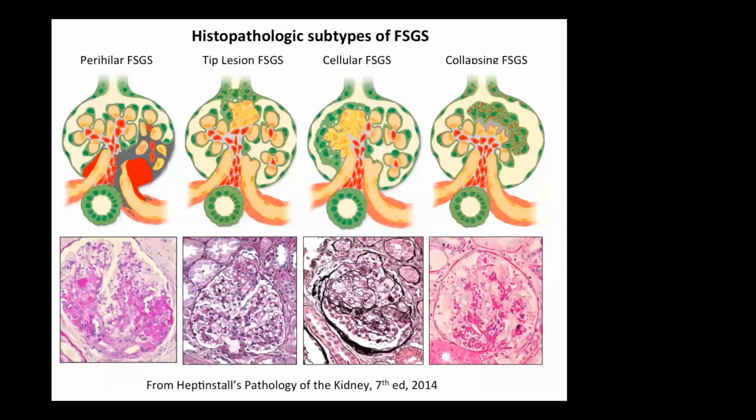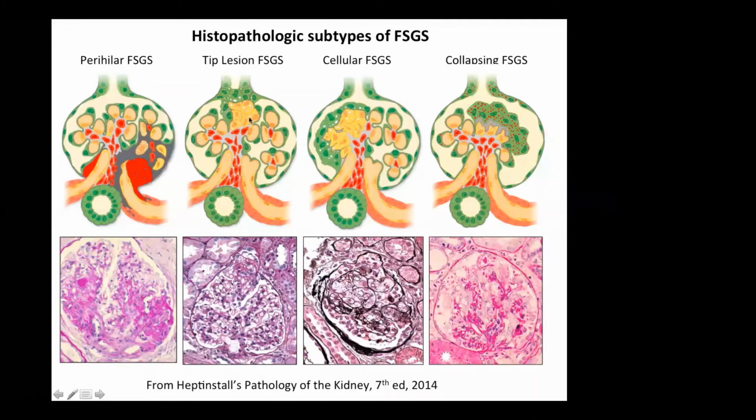What are the different types that we have? The different types اللي احنا عندنا perihilar focal segmental glomerulosclerosis، عندنا tip lesion focal segmental glomerulosclerosis، عندنا cellular focal segmental glomerulosclerosis which is very rare and يعني it's not very well described. I haven't seen many cases to be honest. وبعدين عندنا collapsing FSGS. من بين هذين الأربعة entities